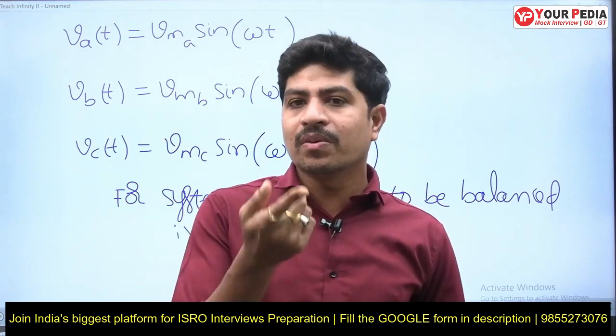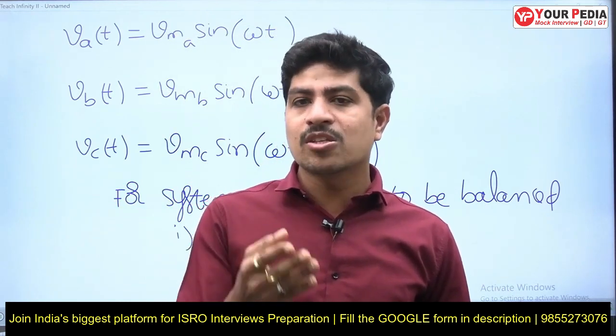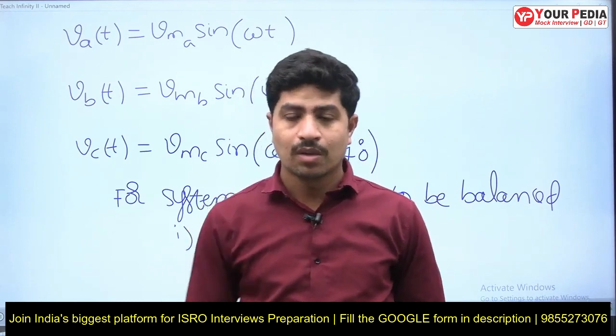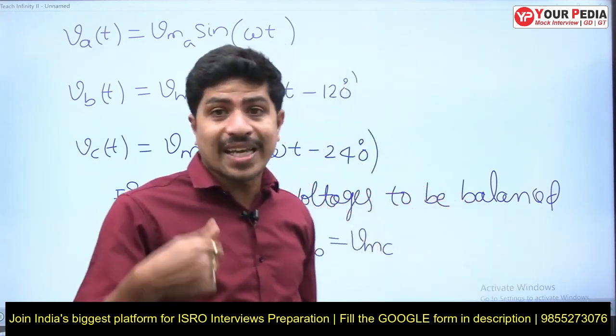What is the relationship between maximum voltage and RMS voltage? V RMS is equal to Vm by root 2. That's all, that is the first condition. It's not enough. The second condition is